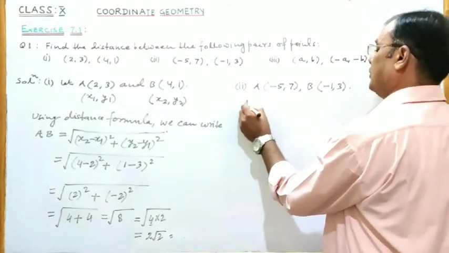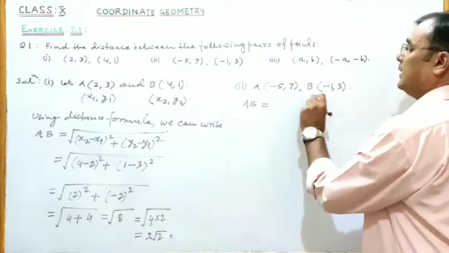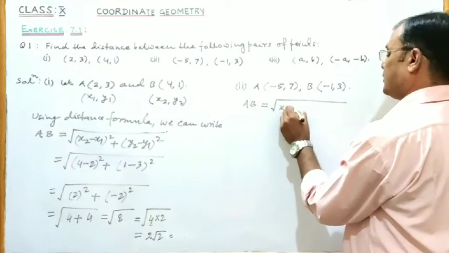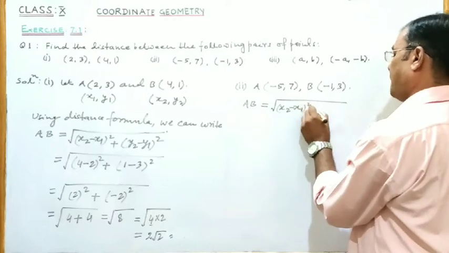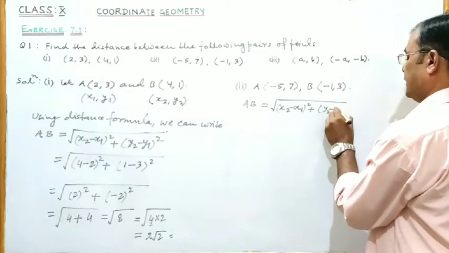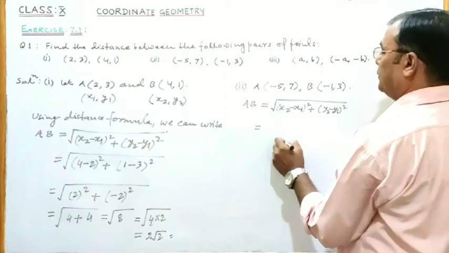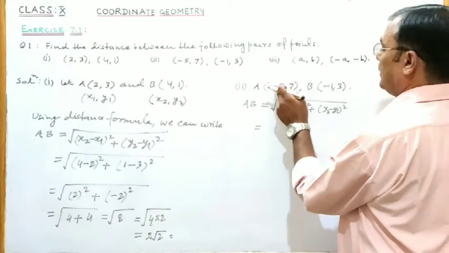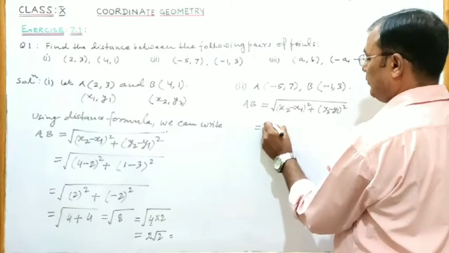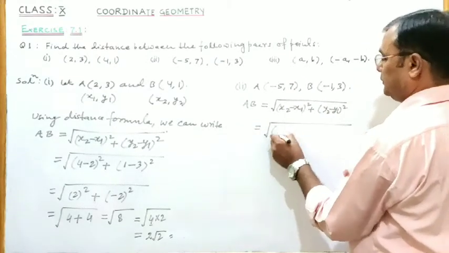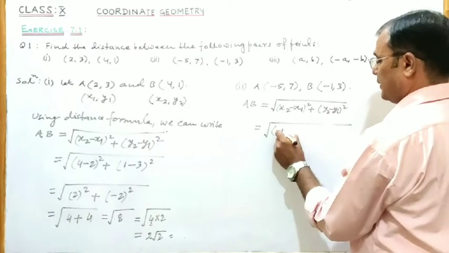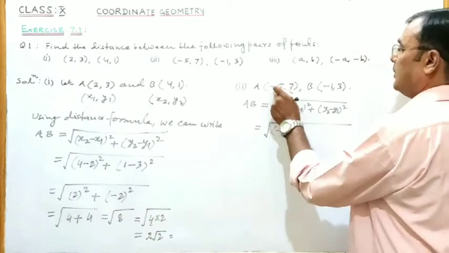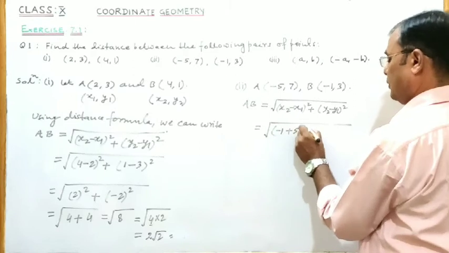So using distance formula we can write distance between points A and B as AB is equal to under root (x2 minus x1) whole square plus (y2 minus y1) whole square equal to under root (x2 minus x1) whole square, so minus 1 minus minus 5. x2 is minus 1 minus in the formula x1 is minus 5, so minus minus 5 plus 5 whole square